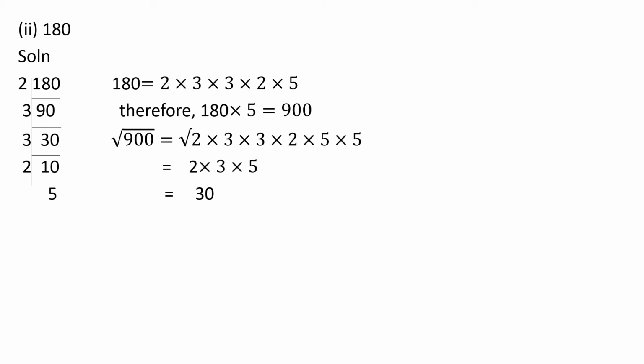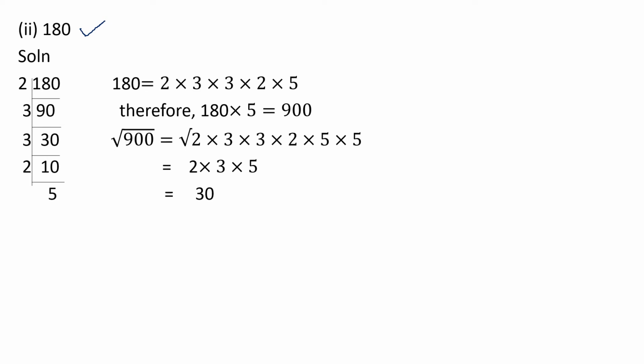Here also the same way, 180. They have given 180. So is 180 a perfect square? No, 180 is not a perfect square. How am I saying 180 is not a perfect square? Do you remember the properties, children? The property says if there is an even number of zeros, it is a perfect square. Here there is only one 0. 1 is an odd number. So it is not a perfect square. By applying the property, we can easily find whether the given number is a perfect square or not.